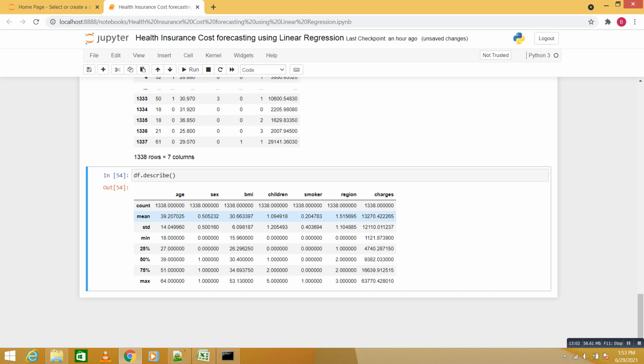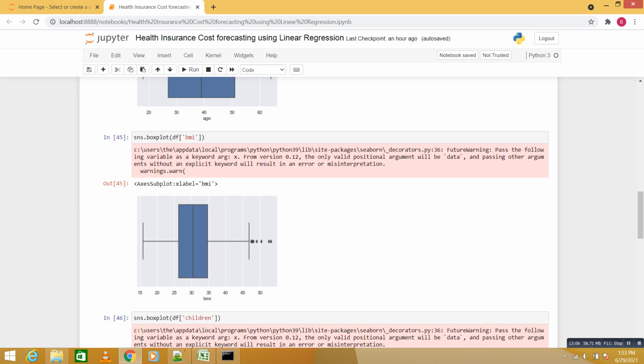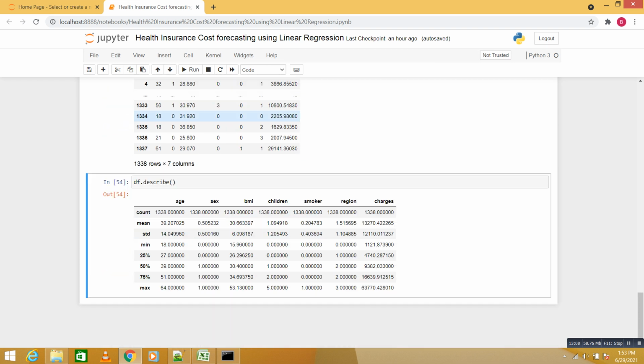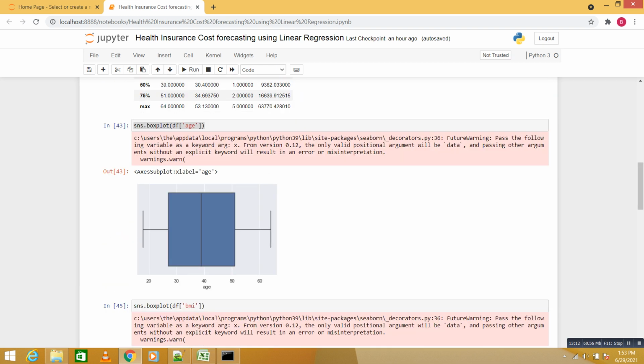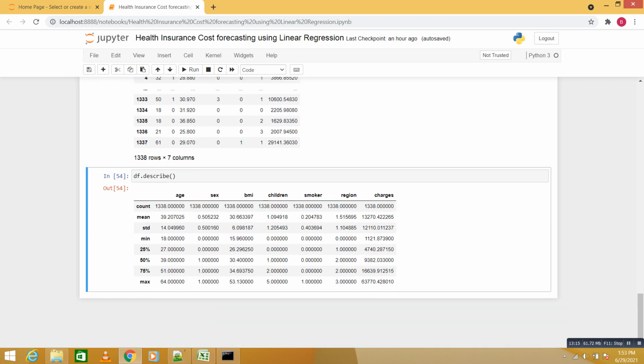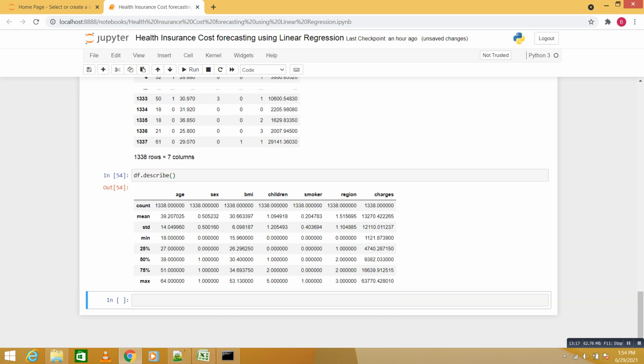Now we have seen how to convert the data and check for outliers, and if there are outliers we can handle them, but there is no need to handle them here. Now we are going to check the correlation between this data.